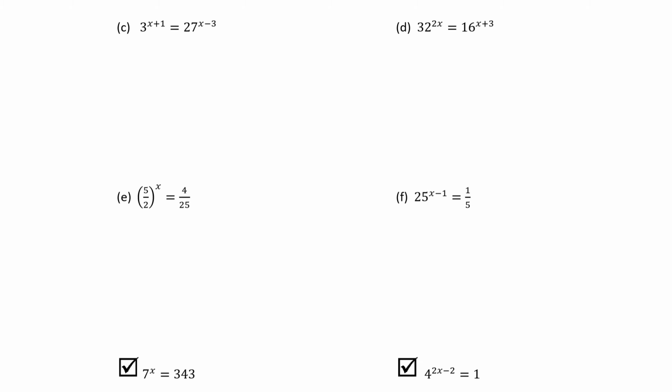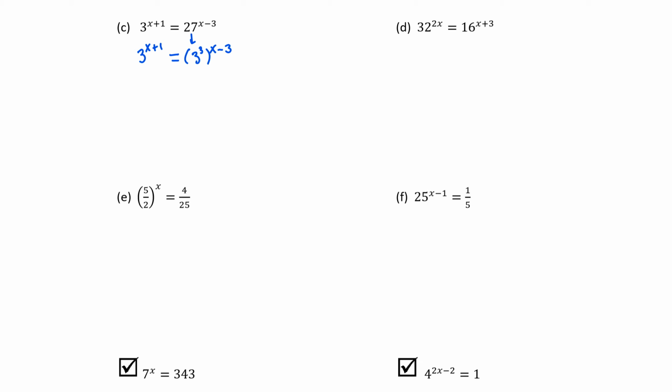On the left side, we have 3 to the x plus 1. That's base 3. So we want to try to write 27 as a power of 3, not a multiple of 3. You might be thinking 3 times 9, but we want to think power of 3. 27 is 3 to the 3rd power. So I'm going to rewrite 27 as 3 to the 3rd power, and then recognize we still have that outside